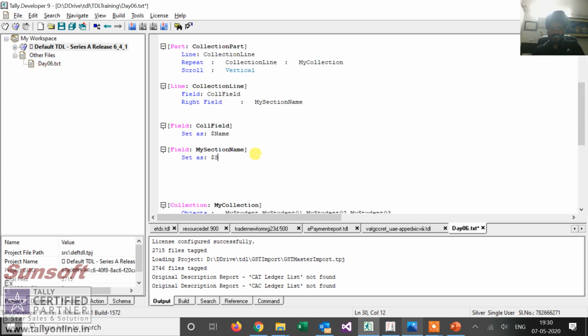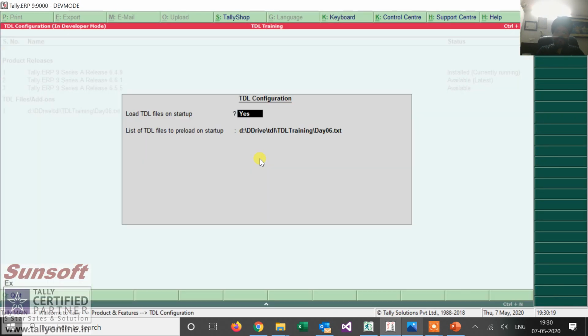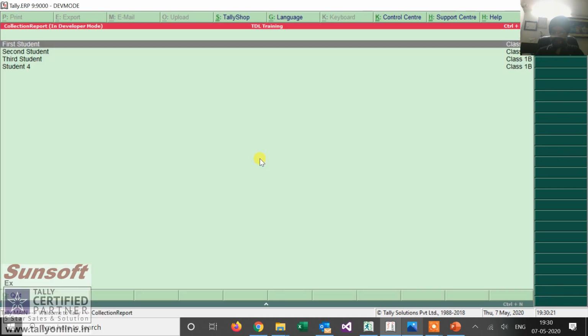So I give here $section. Done. So let us see how this creates impact. So now I have section also coming at the right hand side of the report.